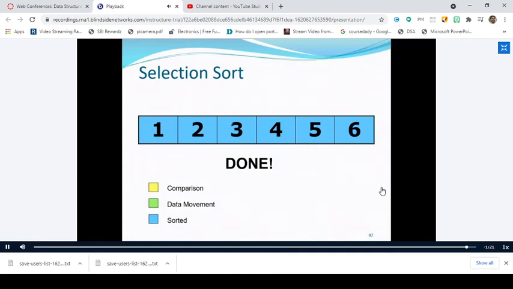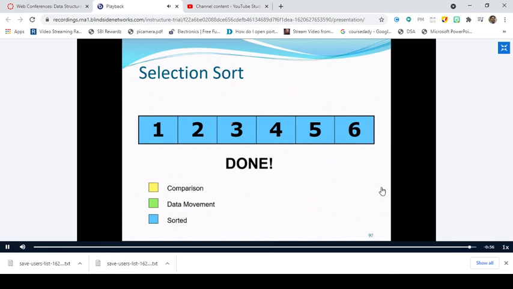There are a lot of sorting techniques like bubble sort, selection sort, insertion sort, quick sort, merge sort, heap sort, bucket sort, radix sort. All these things are there, but according to our syllabus, we are going to discuss only the bubble sort, selection sort, insertion sort, quick sort, and merge sort. If heap sort is there, we'll also discuss. That's nothing. Right? And in today's session, we have discussed what bubble sort and what selection sort.